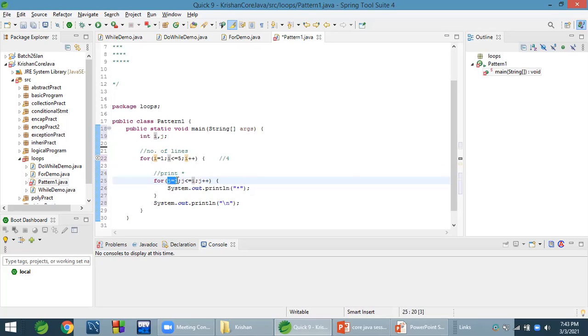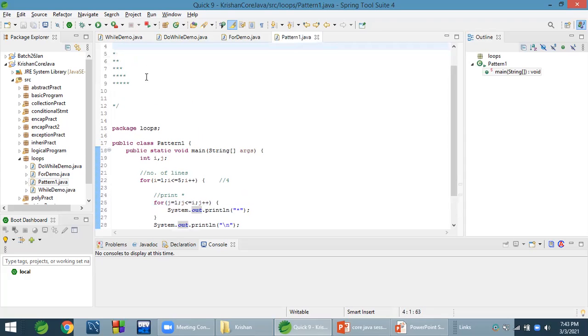But if you see the nature of a for loop, initialization is always executed once, then it always goes to condition, not increment, goes to condition, then body, increment. This is very important to understand, otherwise you will not be able to write a for loop. Okay, so now you can see this program will print our pattern.